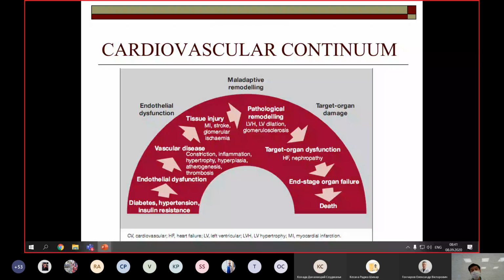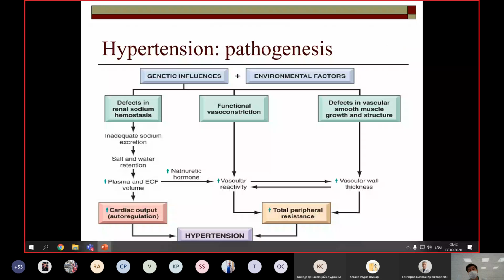The cardiovascular continuum clearly identifies the potency of cardiovascular risk factors, including arterial hypertension, as the beginning of the chain that is followed by endothelial dysfunction and maladaptive remodeling, directly associated with the risk of death. So, let us look more closely at the pathogenesis of arterial hypertension. Please pay attention that both genes and environmental factors, contributing with each other, might lead to at least 3 principal